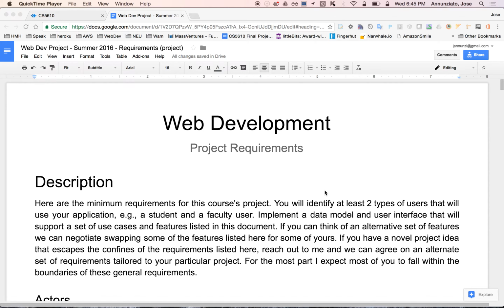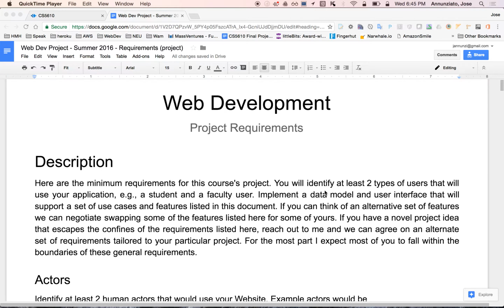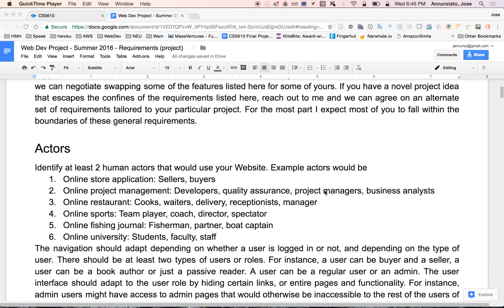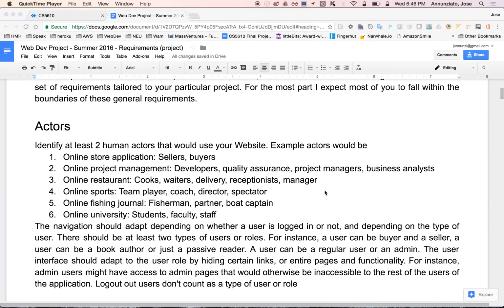All right. So let's go over the project requirements. These are very broad requirements, and we can certainly negotiate if you consider that your particular project falls outside the scopes or the boundaries of what I am proposing here. So, first of all, you'll need to